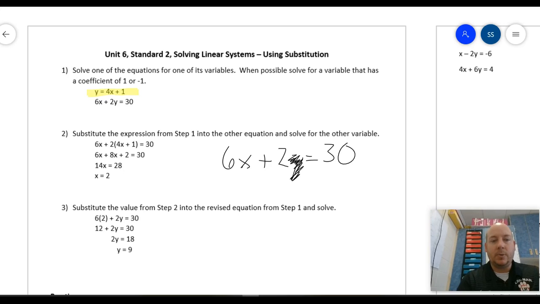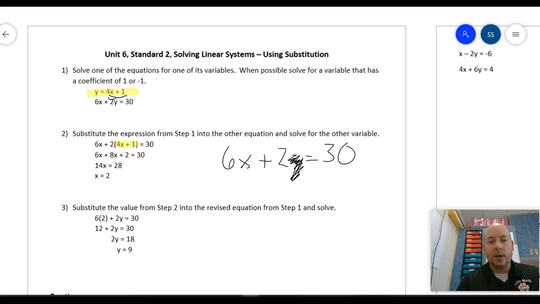and replaced it with what the y is equal to, in this case 4x plus 1, and you can see that in the equation there. So this is that second equation, 6x plus 2y, except for y, we get rid of that and put in what y is equal to. Since they're equal to each other, we can substitute them. And we want to put that in parentheses because we've got to multiply 2 times that whole thing. Now, it doesn't have a y in there anymore,